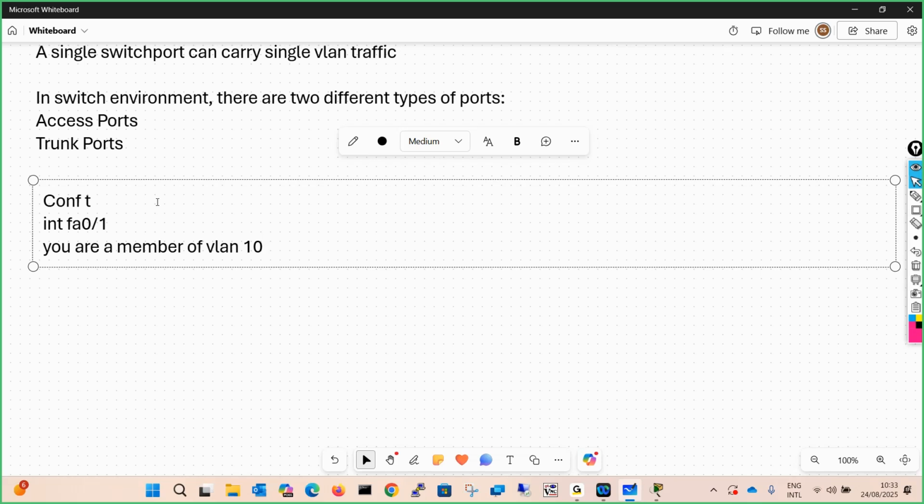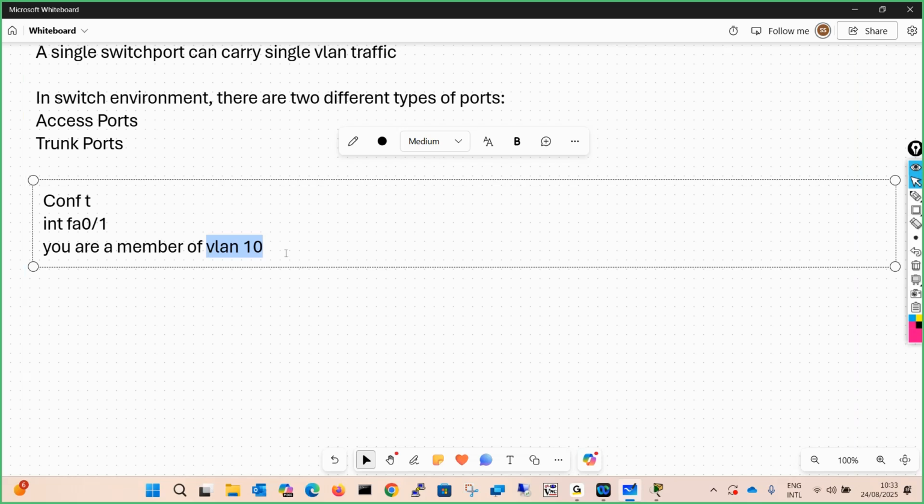So when you say this, what is going to happen? This switch port 0/1 will only carry traffic of this broadcast domain, which is VLAN 10. It will carry the traffic of only VLAN 10.